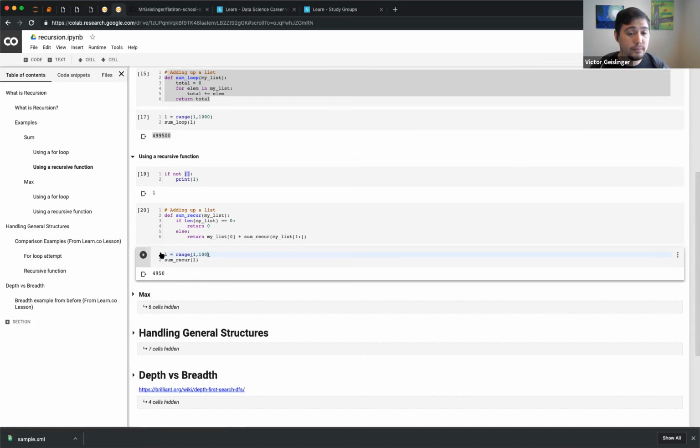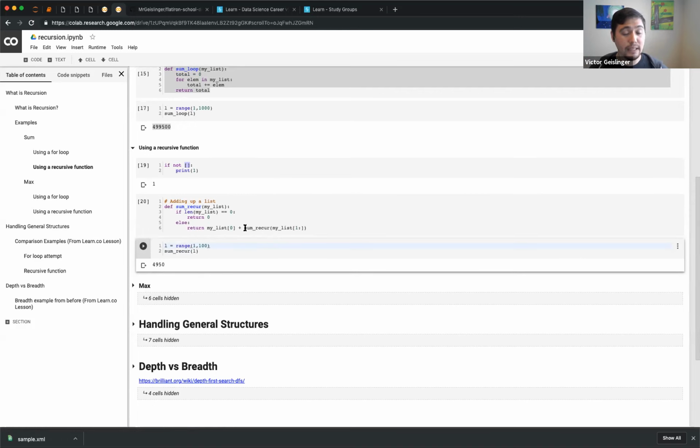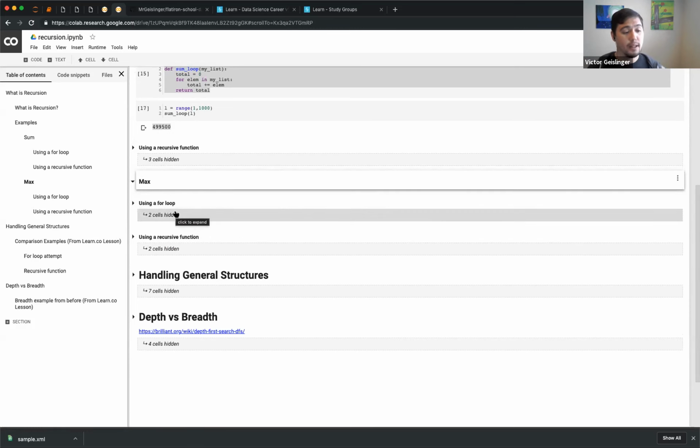Okay. Any questions on this, on how I implemented this recursion part? Okay. I usually find recursion's best when you look at many examples. So I made another example here, basically trying to find the maximum value. So for a for loop, let me ask you guys, if I had a random list of numbers, how would you find the maximum? Like, what would you do?